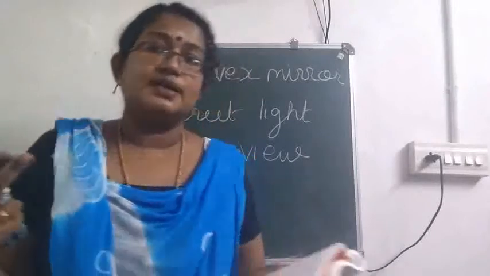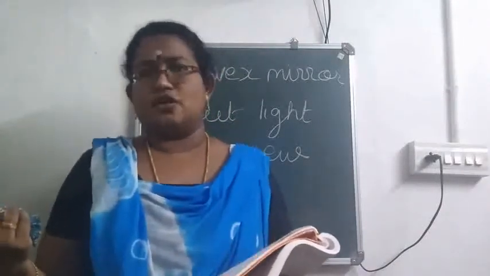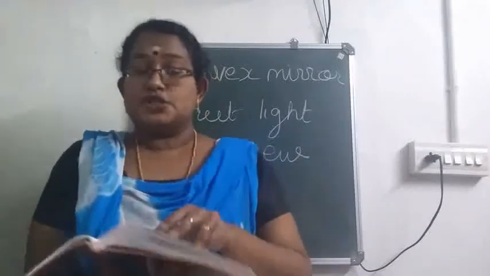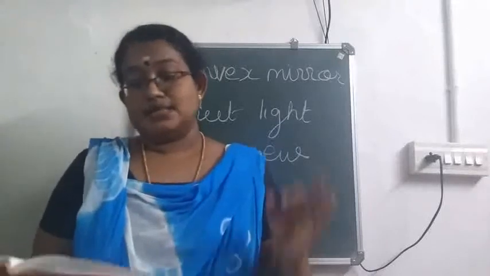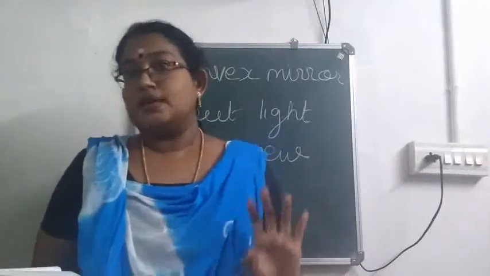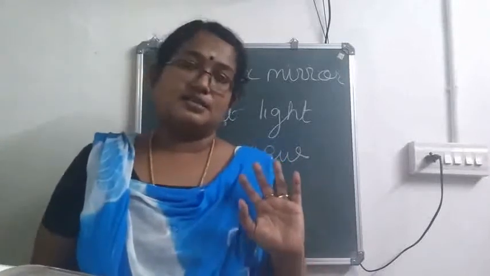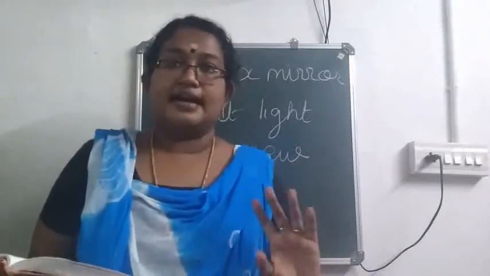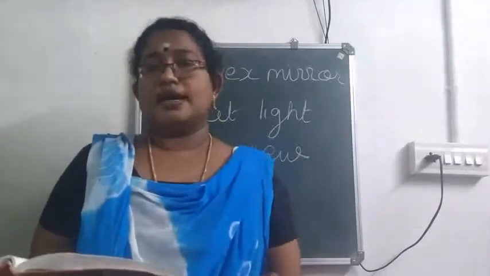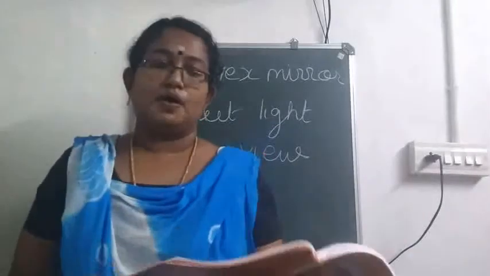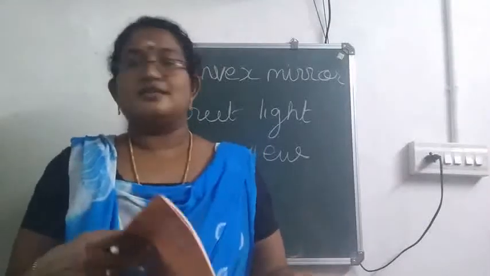Then the next one given in your textbook is the distinction between a plane mirror, concave and convex. No need for that. Okay. So from this part, you should study only the ray diagrams plus uses. Is it clear? And I told you no need to write the question answers. I need just the lecture note with the ray diagrams drawn with pencil. Then you have to write about the uses also. That is important. Distinction between the plane mirror, concave and convex is not needed.